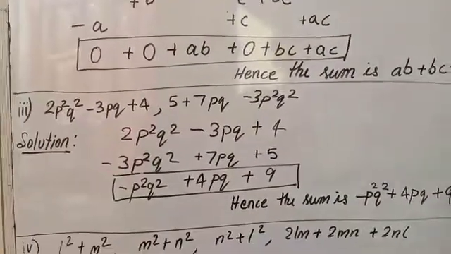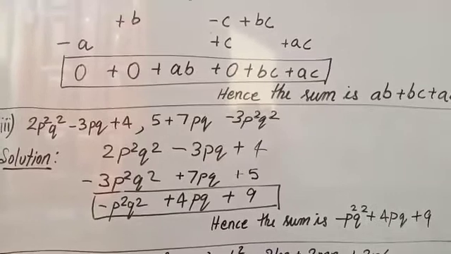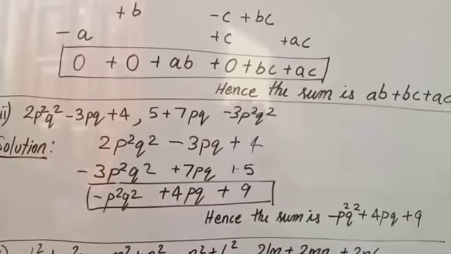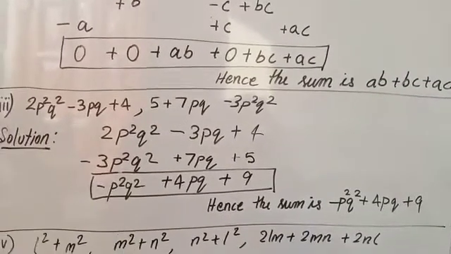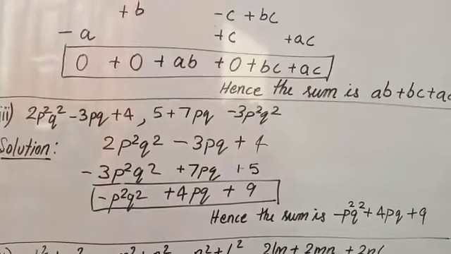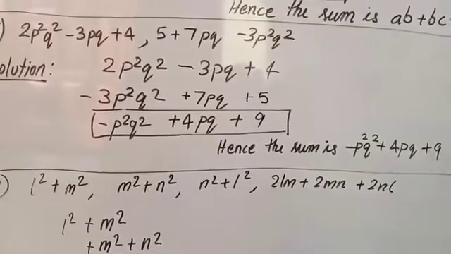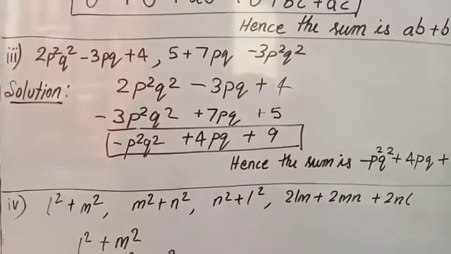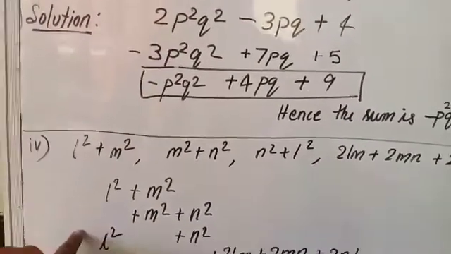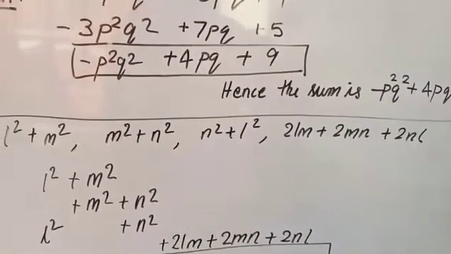So let us go to the fourth question. L square plus M square, M square plus N square, N square plus L square, 2LM, 2MN, 2NL. Let us write column wise. It makes our work easy to add L square plus M square. Now in the second, M square plus N square, so I have written in the new column. The third one is N square L square, so I have written it under the same column. Then these are totally different, so I have written separate 2LM, 2MN